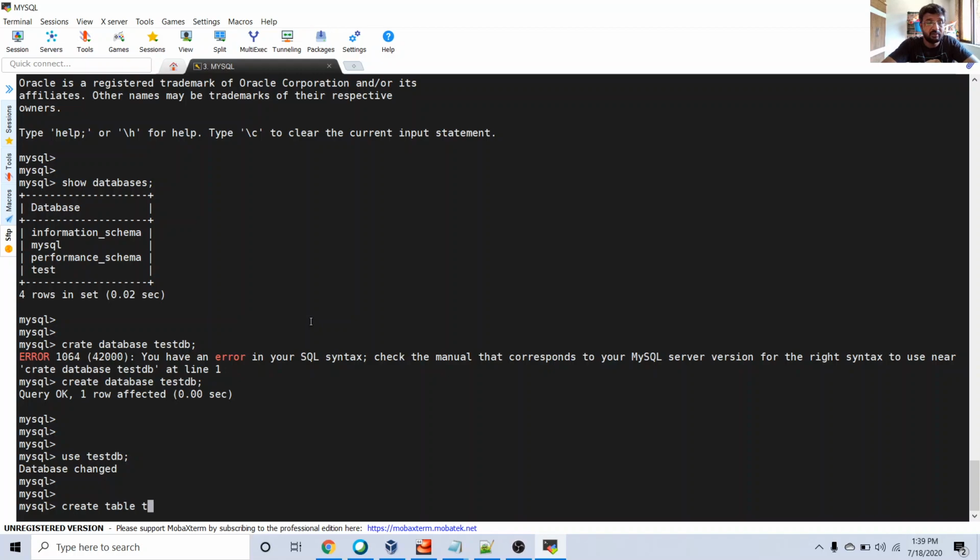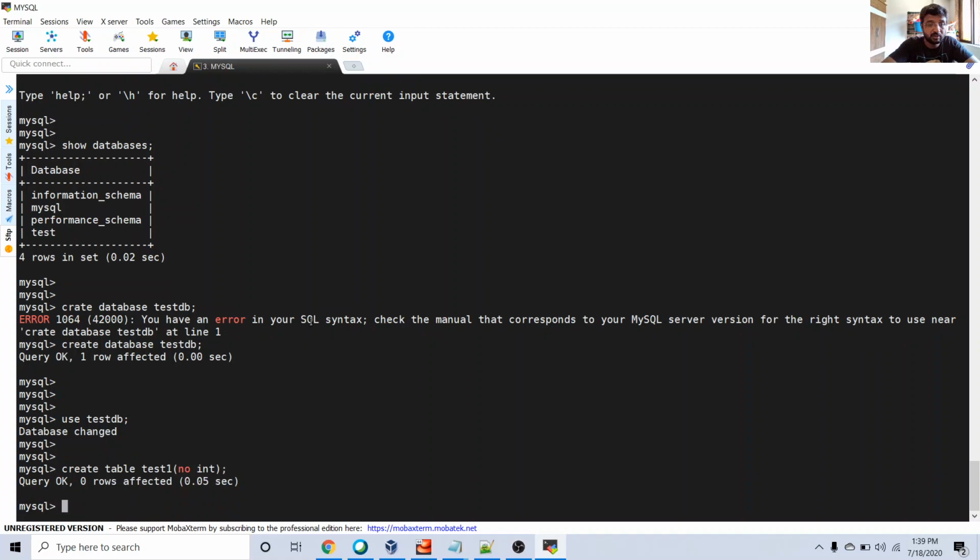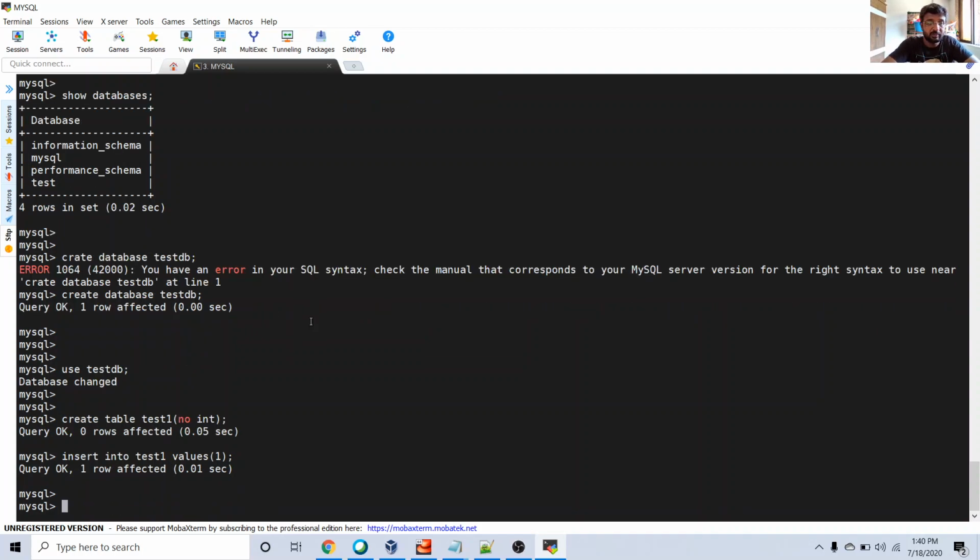Create table test1 with a column no of type int. I'm going to create one test table to show you the IBD and FRM files in the default file location. Insert some data. So my table is created.